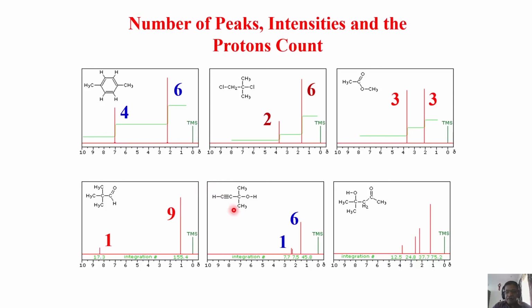Okay, now we'll take the last example of this molecule, which has no symmetry at all. Now how many types of protons are present here? 1, 2, 3, 4 and 5. You should get different types of protons. Maybe one of them is not seen here, OH, because it is broadened out. Don't worry. So you should get peaks with intensity ratio 1, 2, 3 and 6.